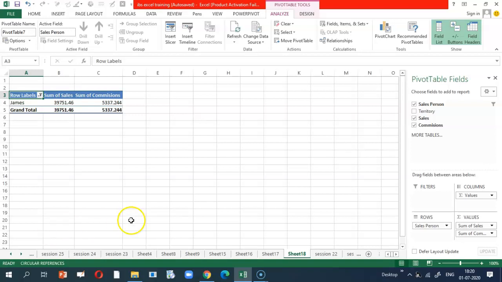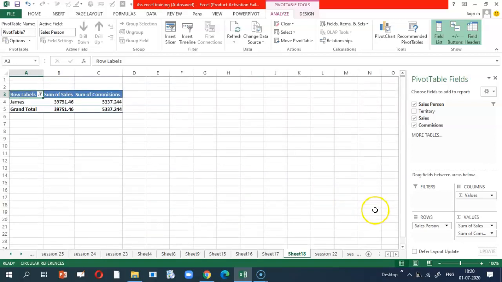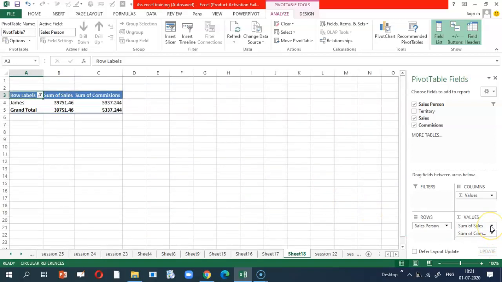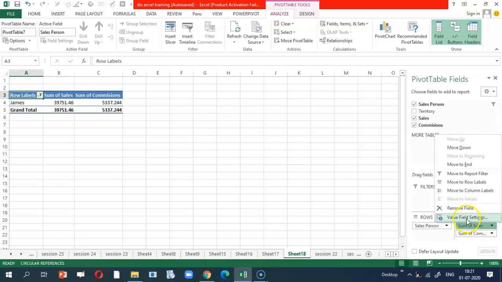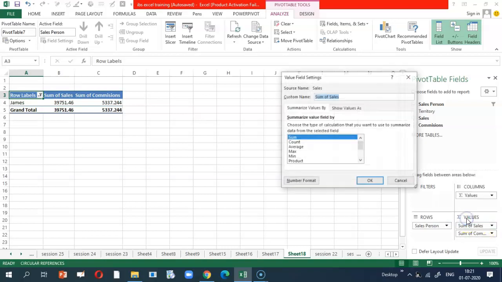Okay, now dear students, I would like to add some other trivia. If you click here, that is the drop down arrow to the data set which have been dragged to the values, you can see there's one more dialog box which opens and it is with respect to value field setting. If I click on value field setting, there's one more dialog box which talks about sum, count, average, max, minimum, product, etc. With the help of this, one can arrive at a report wherein you can foresee a maximum, minimum, average, etc.